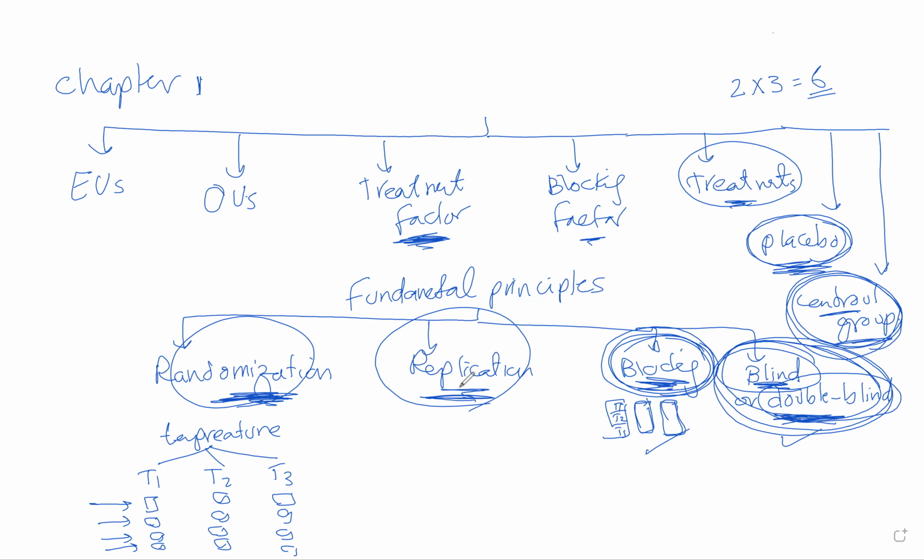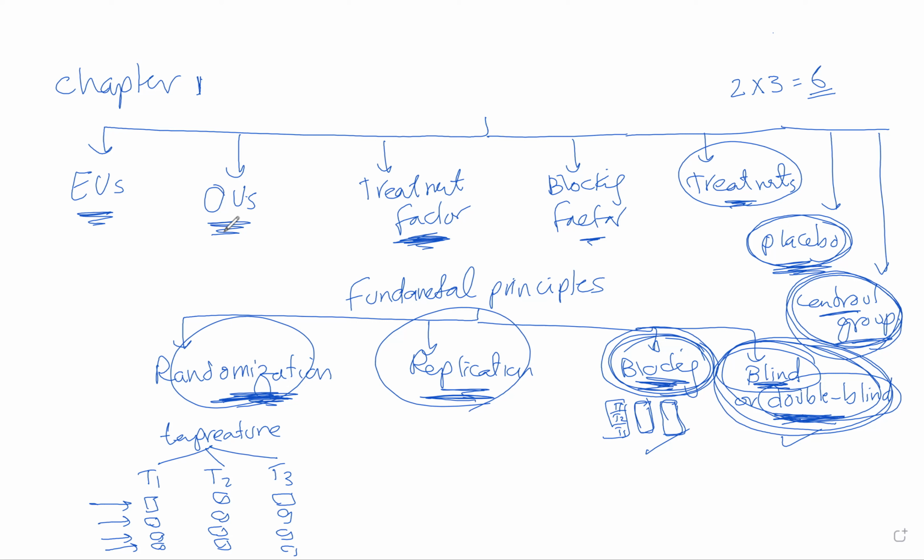Could you go over the difference between experimental units and observational units one more time? Okay, experimental units and observation units. When I say how many experimental units, think about the treatments. Keep in your mind the placebo is also a treatment. So think about those treatments. When you assign them to what and how many? I assign them to the students. So how many students is the number of experimental units.